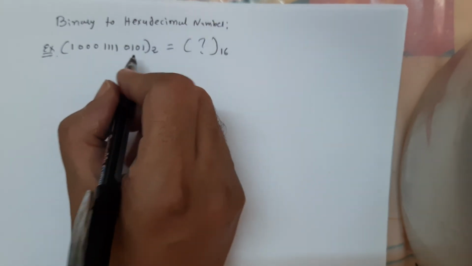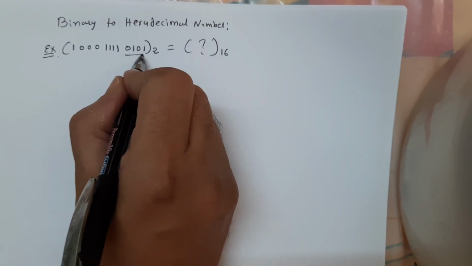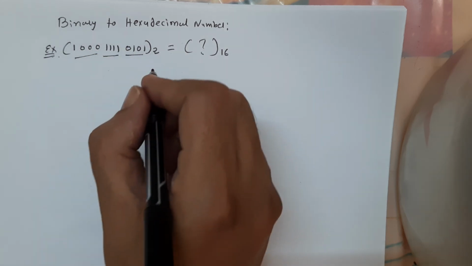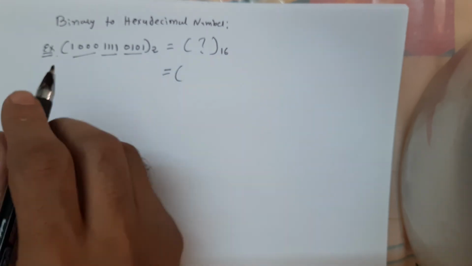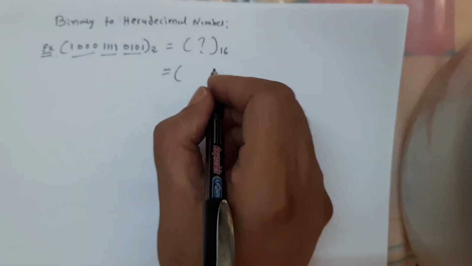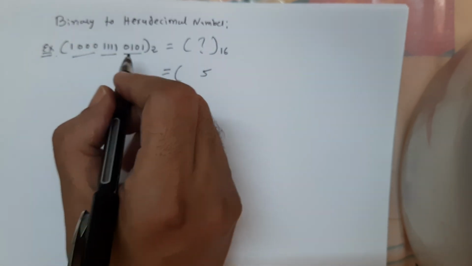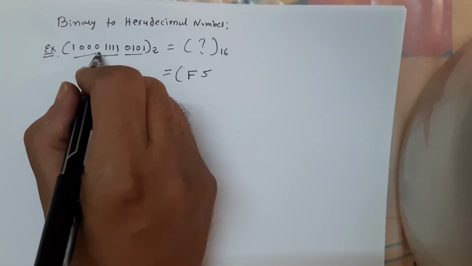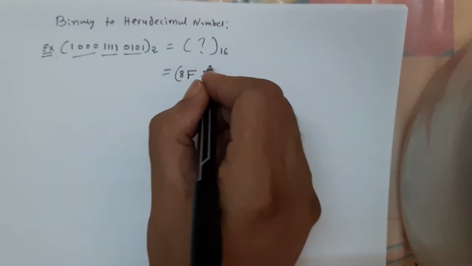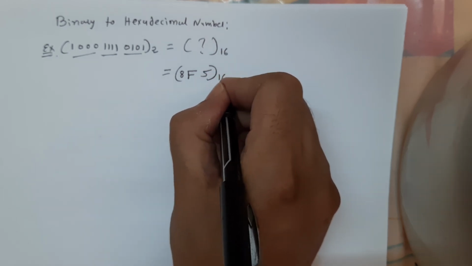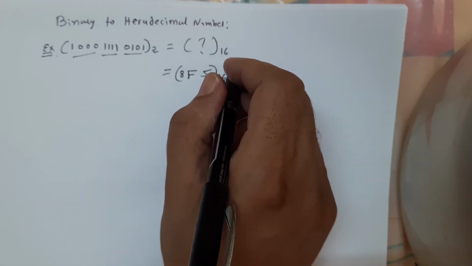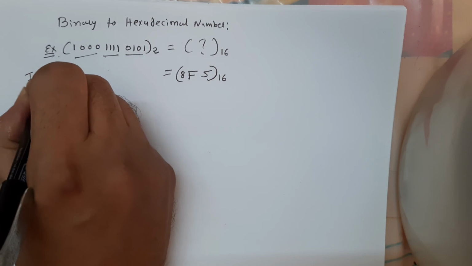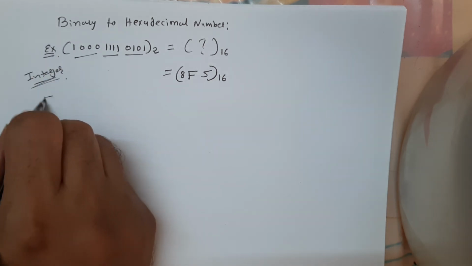So we will take from the left hand side 4 digits, again 4 digits, and again 4 digits. So this is equal to the last 4 digits, that means 5, then 1111, that means F, then 1000, that means 8, and this is your hexadecimal number 8F5. If there is a fractional part, this is your integer. If there is a fractional part,